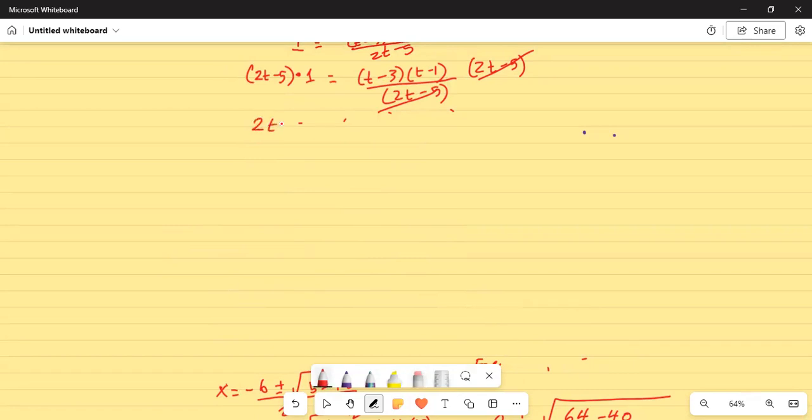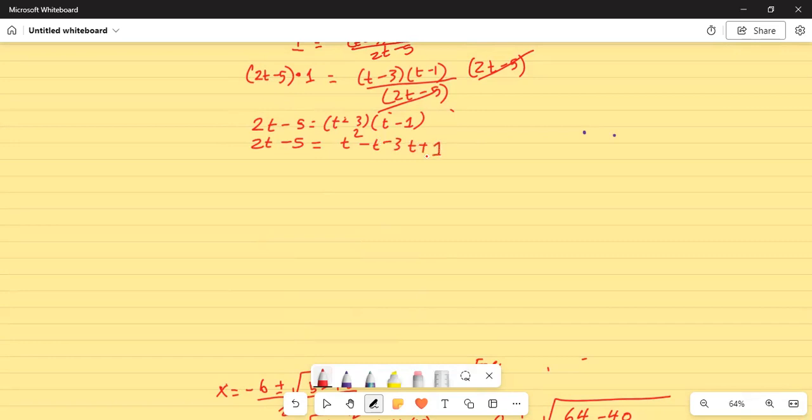2t minus 5 is equal to t minus 3 times t minus 1, not t minus 5 times t minus 1, which I did previously. So 2t minus 5 is equal to, I FOIL it, t times t is t square, plus outside terms t times minus 1 is minus t, and this is t minus 3 times t, inside is minus 3t